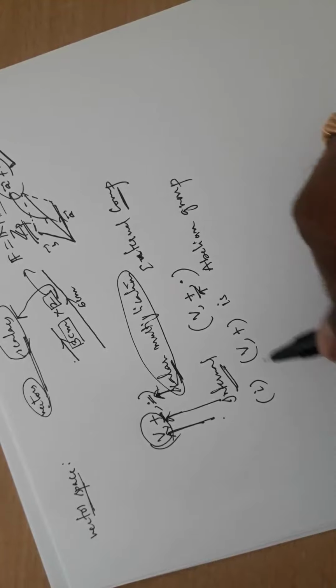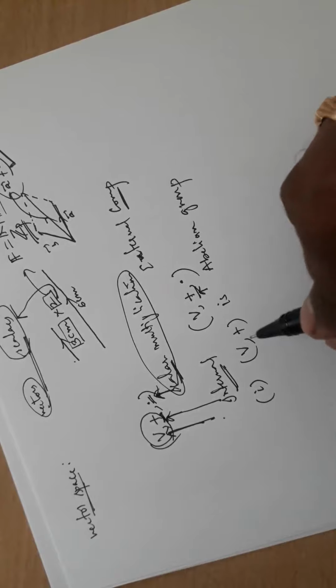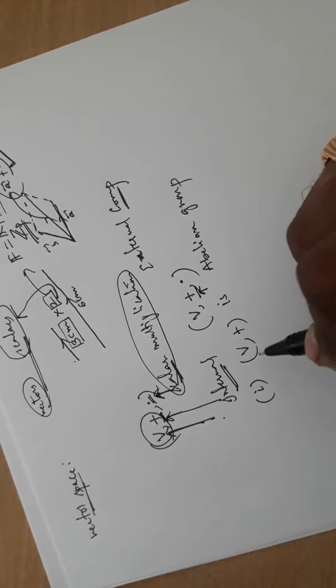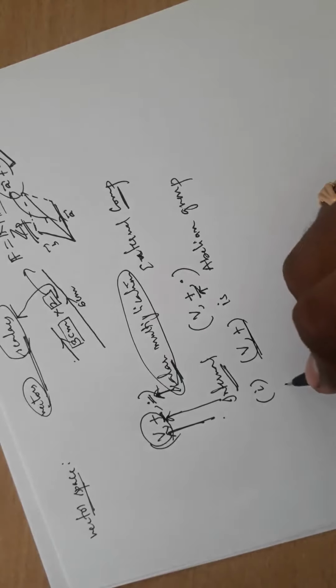Right? Abelian group means 5 properties must be satisfied. Closure law, associative law, and existence of identity, inverse, commutative. This property must be satisfied by this. The idea is clear. Second thing is,